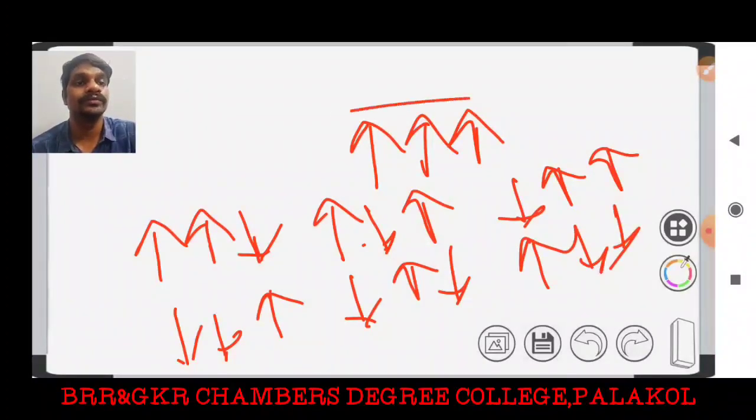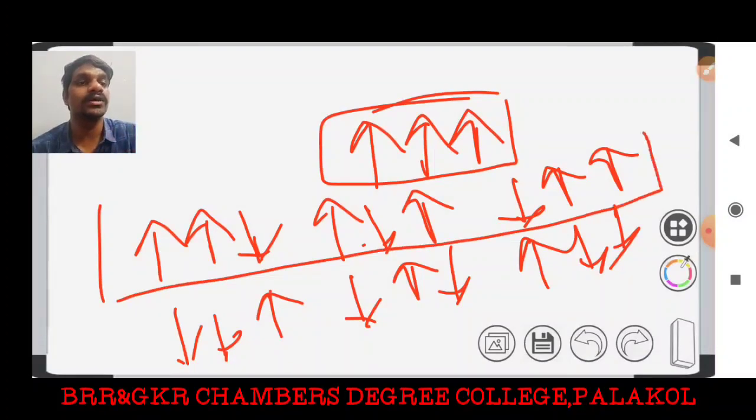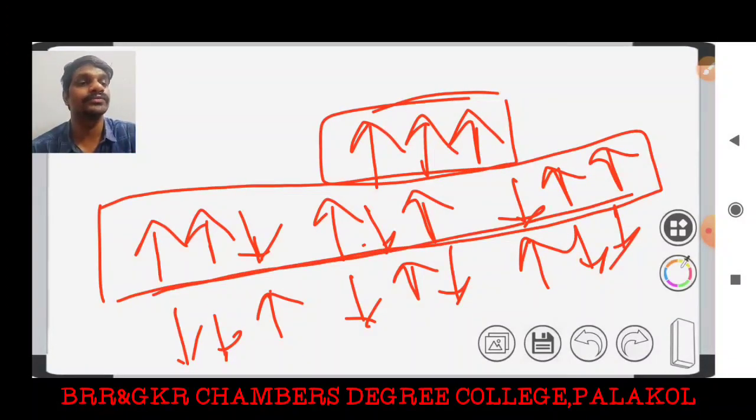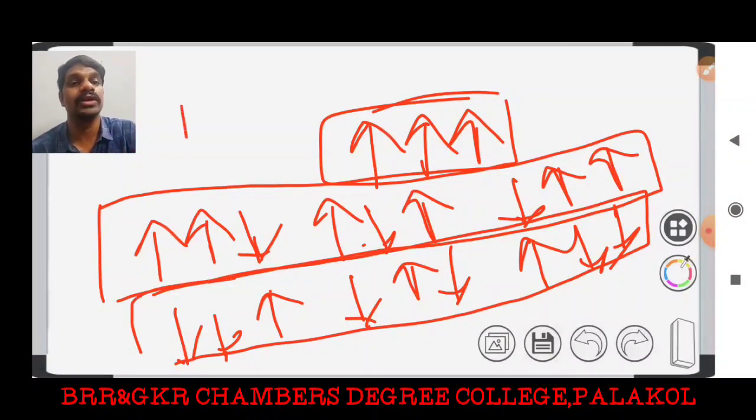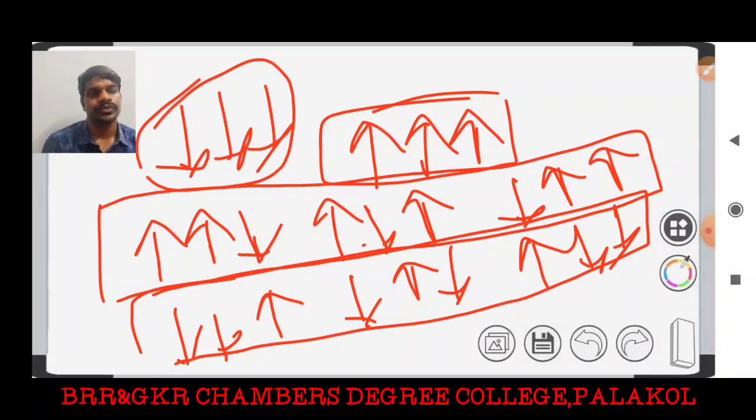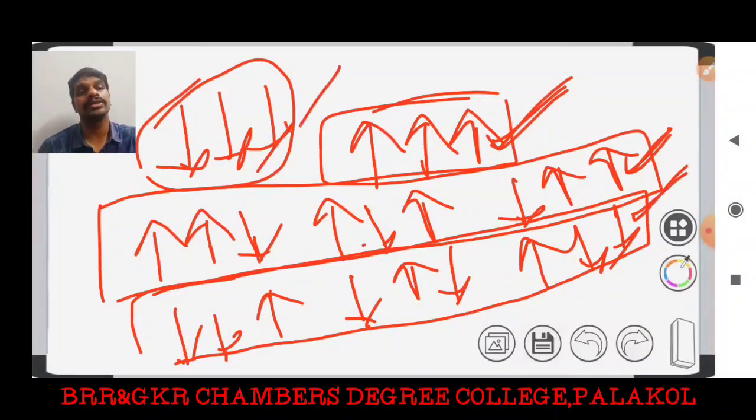That means this is one type of spin orientation. These three are creating a different spin orientation, and this is another spin orientation, and the final one is all three hydrogens having negative spin. Based on this, each creates a different magnetic environment around the hydrogen atom. That means due to the presence of three hydrogen atoms adjacent to the CH group, it creates four different magnetic environments around that CH group, so that it exhibits a quartet.